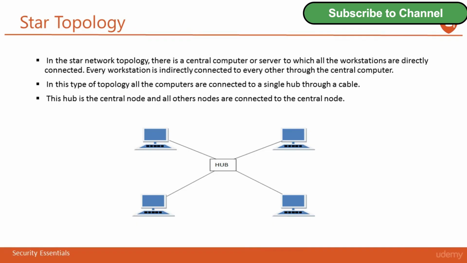The next topology we'll review is the star topology. In the star network topology, there is a central computer or a server to which all the workstations are directly connected. Every workstation is indirectly connected to every other through the central computer. In this type of topology, all the computers are connected to a single hub through a cable. This hub is a central node in which all other nodes are connected. Here, all the devices are connected with a single server or network device that is the hub. System A, B, C, and D are connected with a single hub. In case System A wants to communicate with System C or any other system connected to that hub,